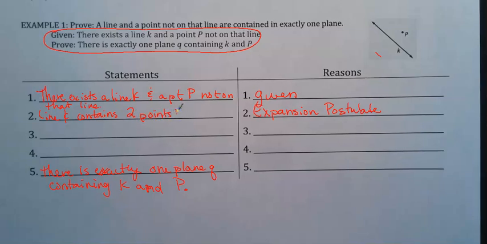All right, and so we're going to put 2 points on line K. So I'm going to put an X and a Y. Okay, and so that's what I'm going to say here. Line K contains 2 points, X and Y. Okay, because again, I'm trying to prove that there's exactly one plane, Q, containing K and P. Point P is not on line K. All right, well then,